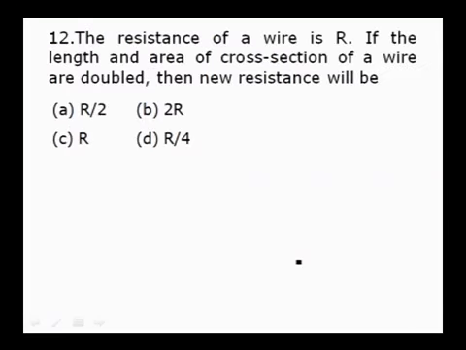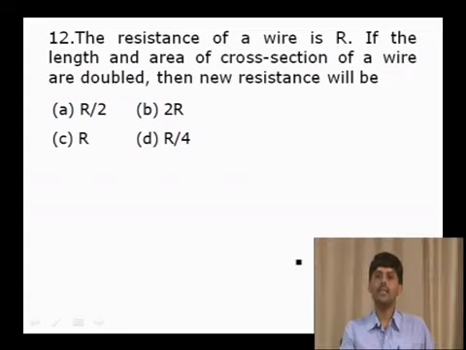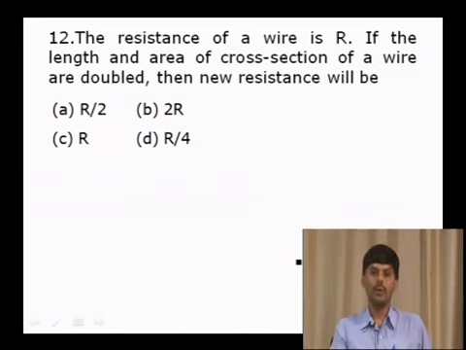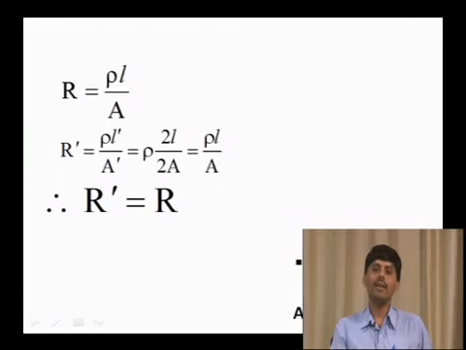Question number 12. The resistance of the wire is R. If the length and area of cross section of the wire are doubled, then the new resistance will be: A, R by 2, B, 2R, C, R, D, R by 2. For this, we have a relation between length, area and resistivity. Resistance is directly proportional to length, inversely proportional to area, and rho is the resistivity of the material. The resistivity of the material does not depend on the dimensions, it should be the same rho, no change